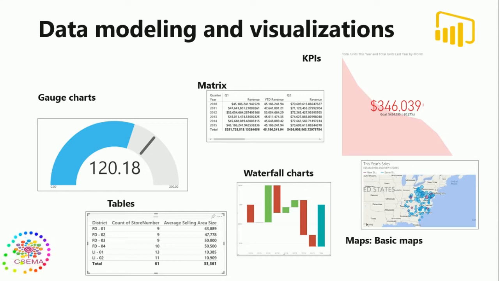These kinds of reports can be viewed by using the map or the basic maps. Then metrics. A matrix is basically something like a table, but it supports two dimensions and makes it easier to display data meaningfully across multiple dimensions. Table contents work well with quantitative comparisons among items where there are many categories. And at last we have the waterfall chart. A waterfall chart basically shows a running total as values are added or subtracted.